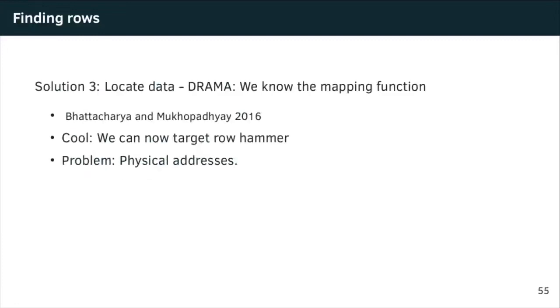So this is where we come in. We know the mapping function, meaning if we have physical addresses of the victim data, then we can actually calculate where his stuff is in DRAM. We can calculate where the rows that we need to attack the victim are. We can calculate everything. And some other researchers, they are quoted here, found out they could actually use that to hit a private key and flip a bit. Once you flip a bit in an RSA key, you can actually factor it and figure out what the real key was. The real problem here is, for this attack to work, you need physical addresses.